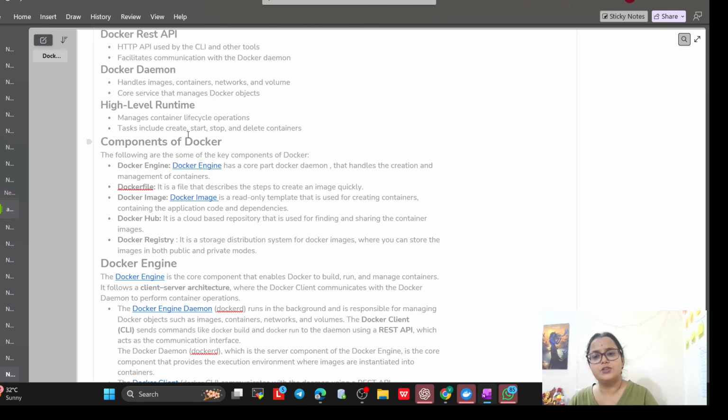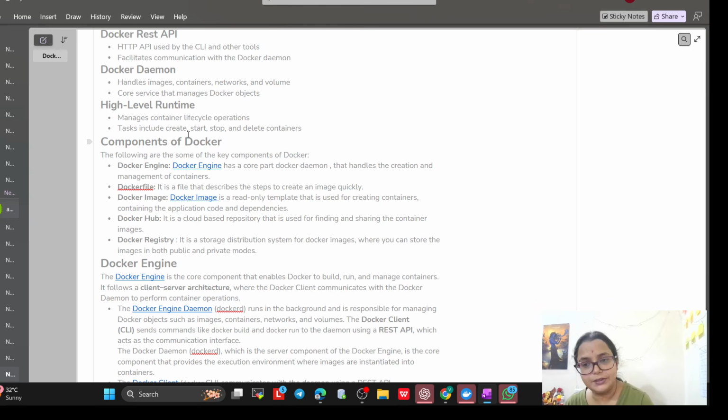The Docker engine is the key component of Docker, and it is a core part of the Docker daemon that handles the creation and management of containers. Then the Dockerfile. A Dockerfile is a simple text file that describes the steps to create an image quickly.